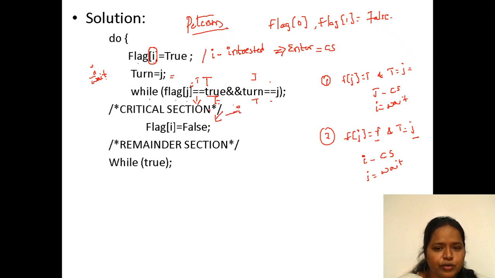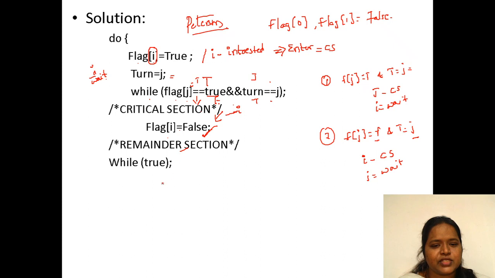It is going to do the task. After completing the task, the flag of i is going to be false, because it has done everything. Flag of i equal to false means it is giving a chance to process j now.